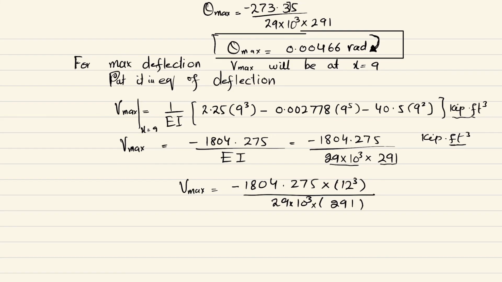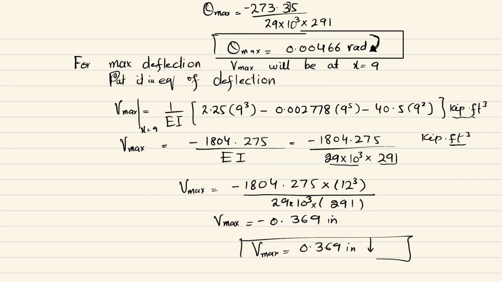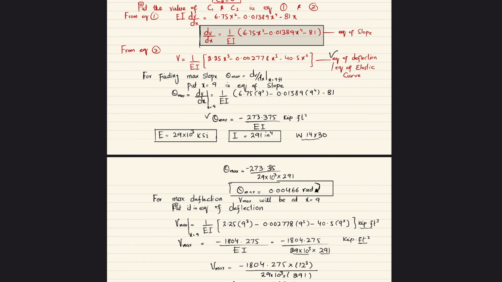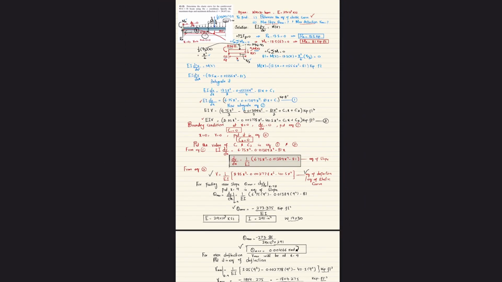If you simplify it, the maximum deflection comes out to be minus 0.369 inch, or V maximum is 0.369 inch, and the deflection will be downward. So this is the answer. Here this equation is the equation of the elastic curve. We have the maximum slope and the maximum deflection, and this was all about